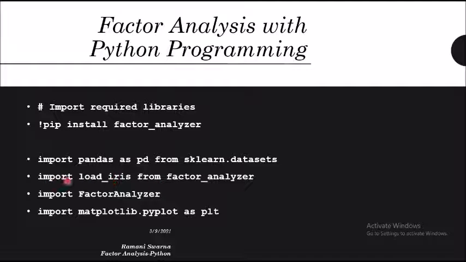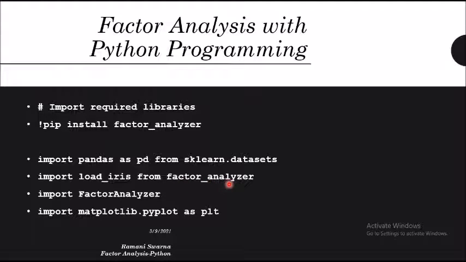I'll be working on some other data set, which I'll showcase to you. Here they are importing the iris data set from factor analyzer. Once you install factor_analyzer, you will see that it has sub-libraries and packages within it, and one of them is load_iris. Once you install it, you need to import it.